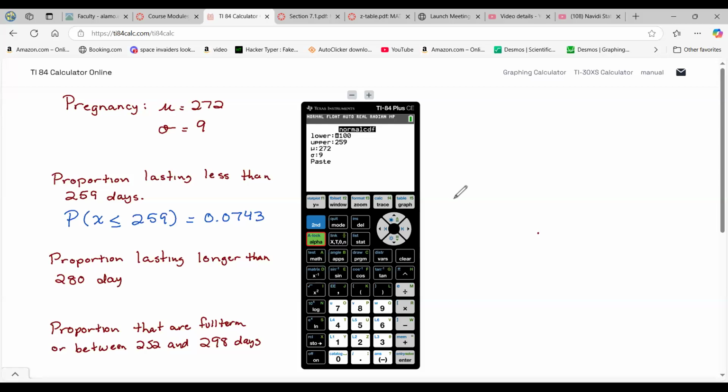Apologies, my writing pad just was not working. So in this case, we're looking for a greater than area. Because we're lasting longer than 280 days, we're looking for longer than 280. So we're looking for this area. So when we're trying to think where we want to top this off at,